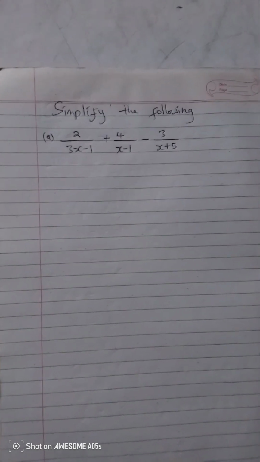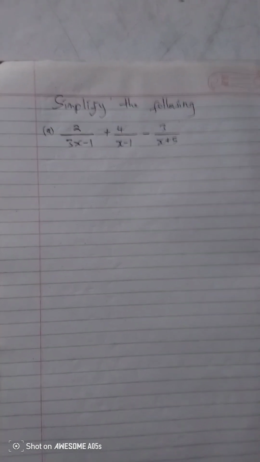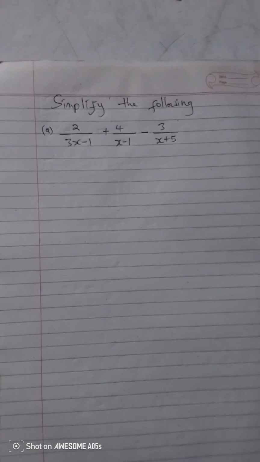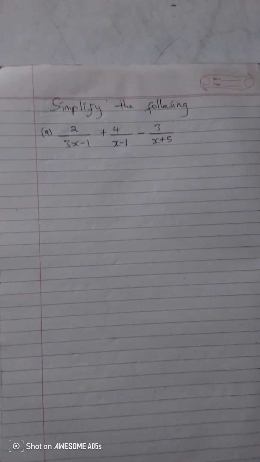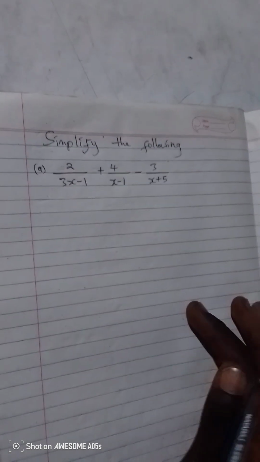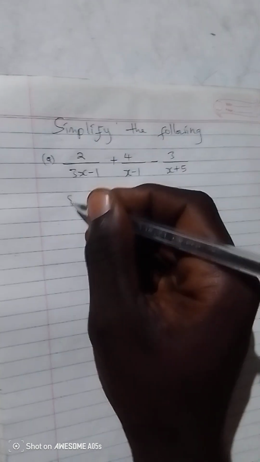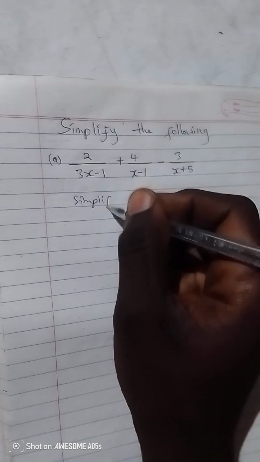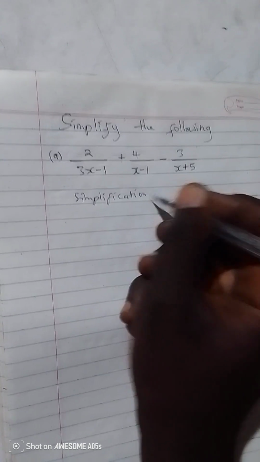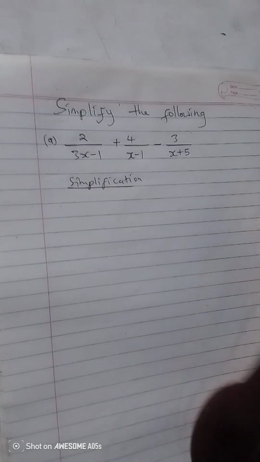That is to simplify. So here is the first question, which says simplify the fractions: 2 divided by 3x minus 1, plus 4 divided by x minus 1, minus 3 divided by x plus 5. So that is my first question. I'll write it by simplification. To simplify this one,